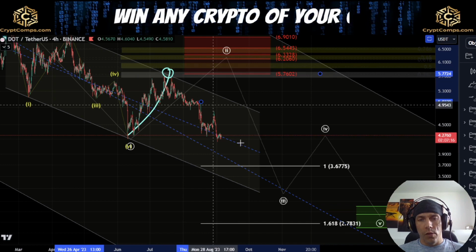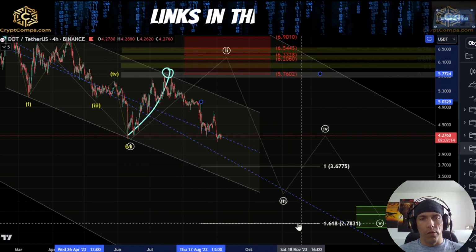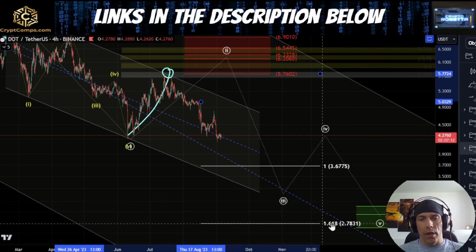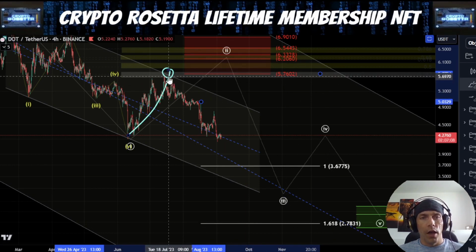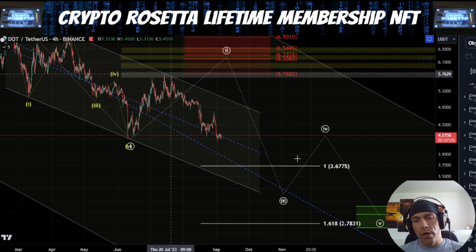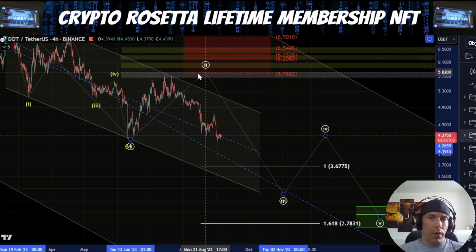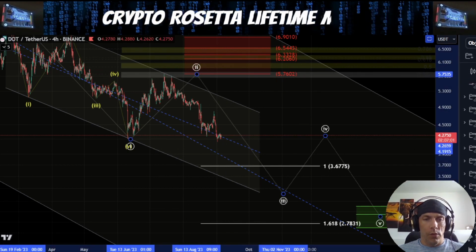So if we do see price looking to break down past this 1618 level here, this would actually indicate that we are within this white third wave and would confirm this count. Until we do that, we do have other options available, which we're going to go over. But what we would have to just be careful of here is that if we do start to see this,